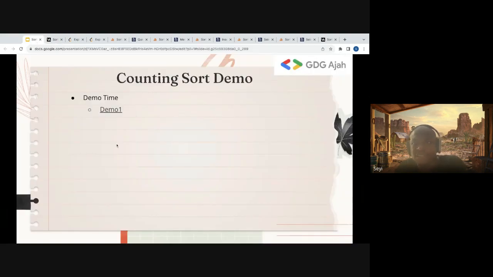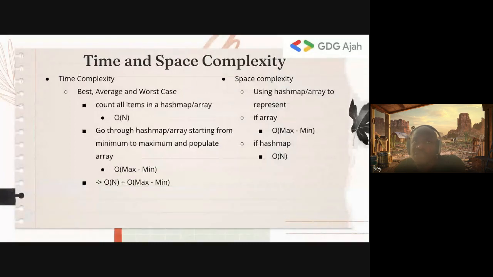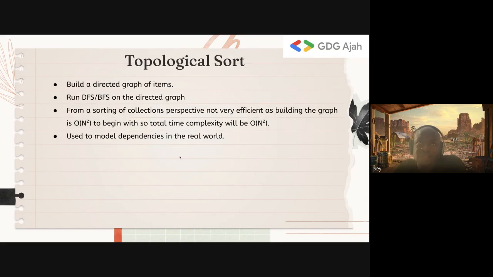Essentially, what are you doing? You're transforming the problem by using a hash map or an array. So what's the time complexity? It's tricky because you have to know the max and the min. Because you have to loop through the max and the min, you have to add that to looping through the entire array, which is max minus min. And max minus min can be big. If, let's say, your min is 0 and your max is 10 million, then that's very bad.